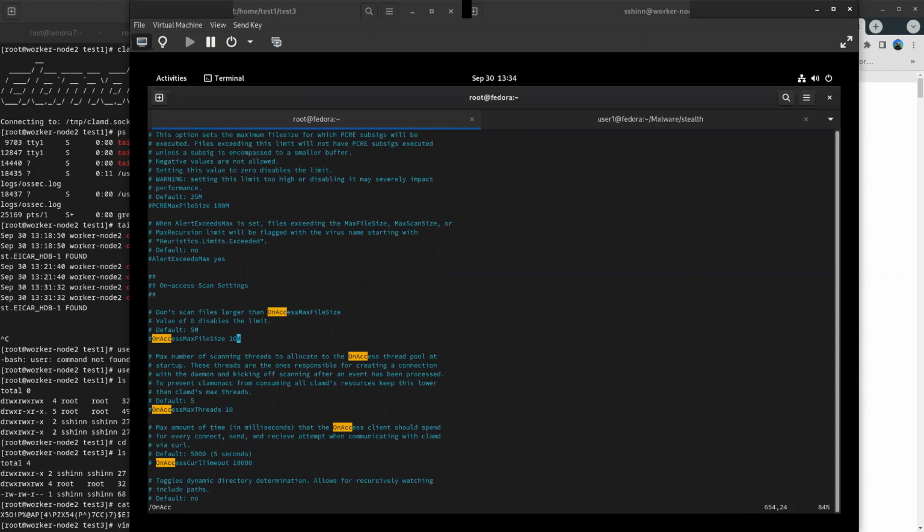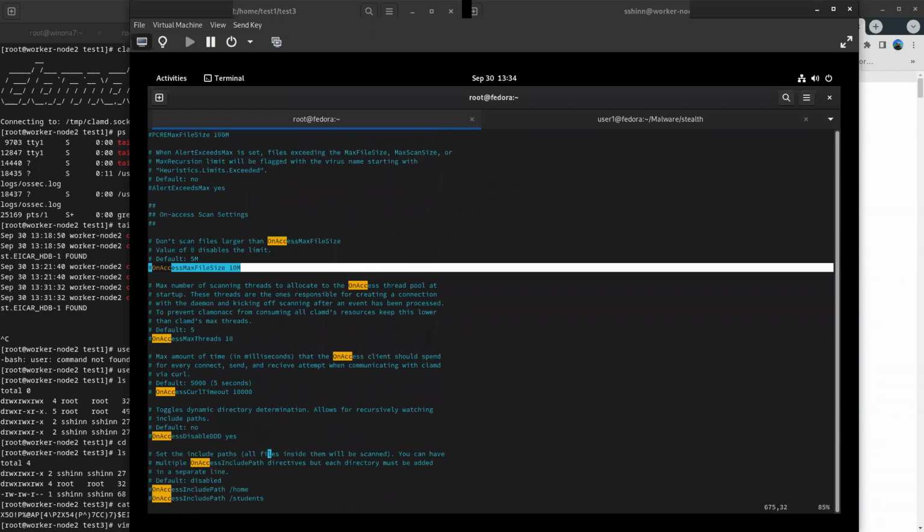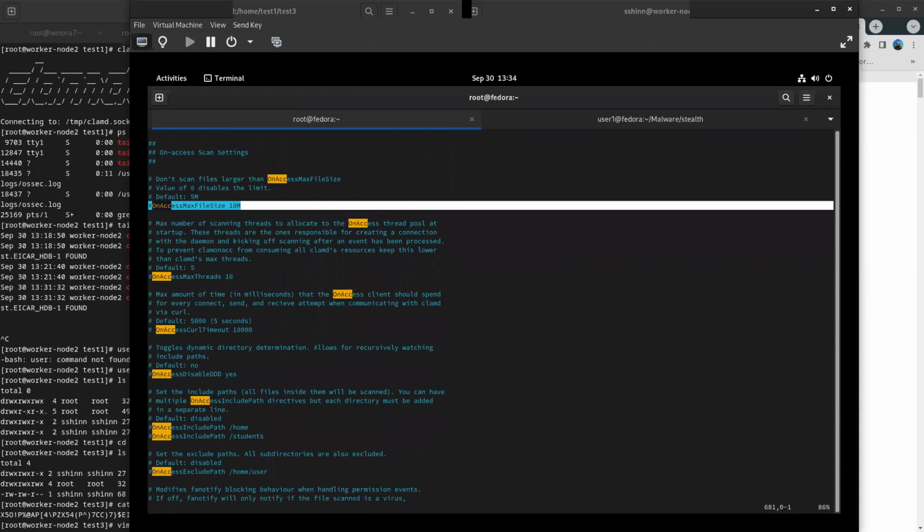Number one is it does have a limit by default of the maximum size of the file it will scan, right? So 5 megs. As a bad guy, make your malware a little bigger than 5 megs, and you could get around this unless you've gone in and configured that differently. We have our settings on the maximum number of threads. If you're running a ClamD server, pump that up as high as you can go. We have a timeout value here. This is to keep it from introducing a lot of latency on the system if that ClamD service is out of commission.